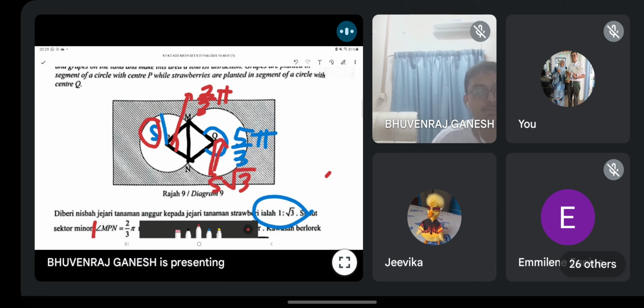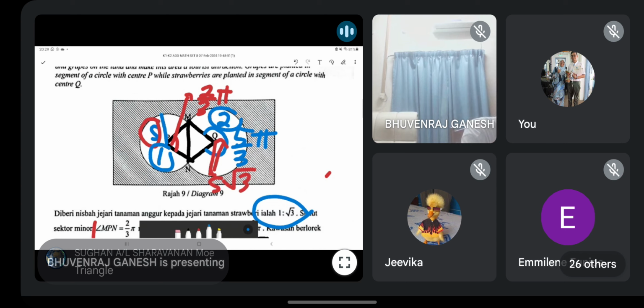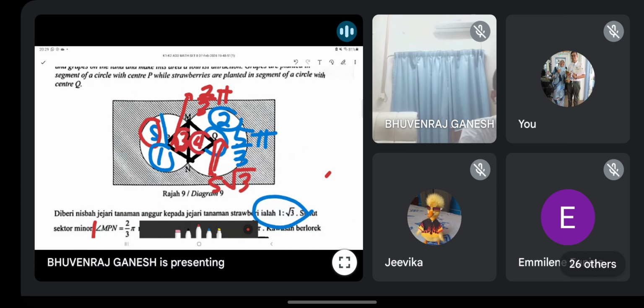Yes, you got two sectors. This is one sector. This is another sector. What else? Yes, you got two more triangles. Can you see? This is the third triangle. This is the fourth triangle. So in total, you have to add up four areas, four luas. Okay, so K minus this total of four areas, you should be able to get this answer that they